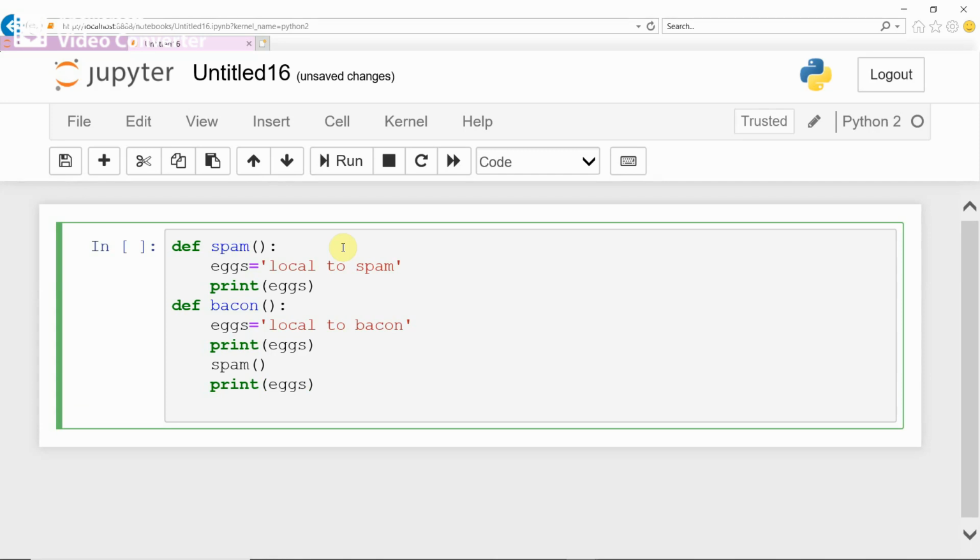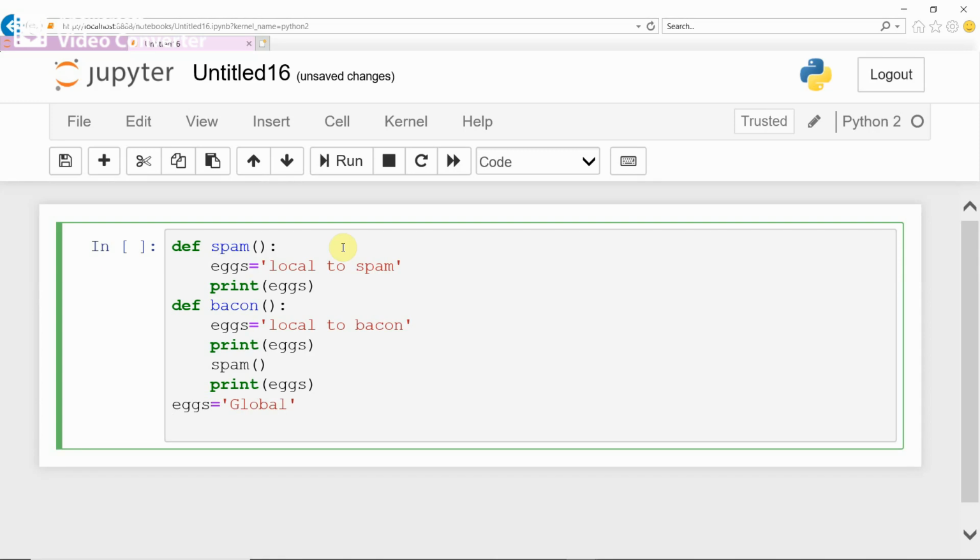Now in the main function, outside of these two functions, you once again define a variable called x with the same name, but this becomes a global. Therefore I am storing the data as global. This is the main function, correct? If you try to print x here, which x does it print? It has to print global, correct?